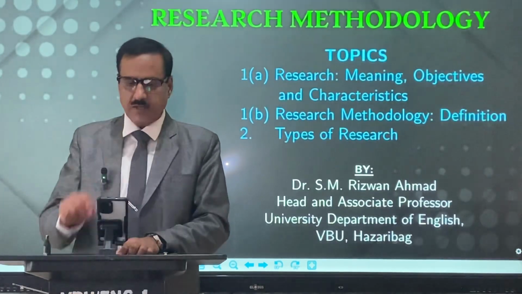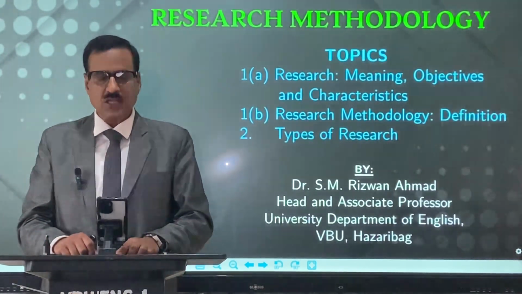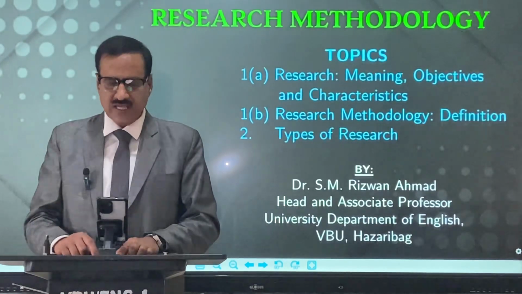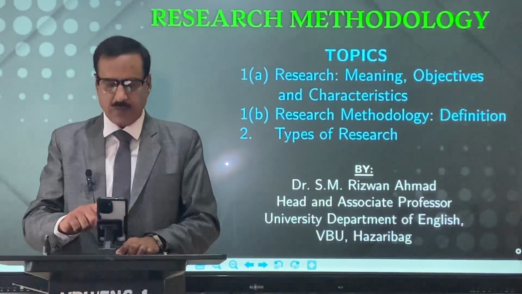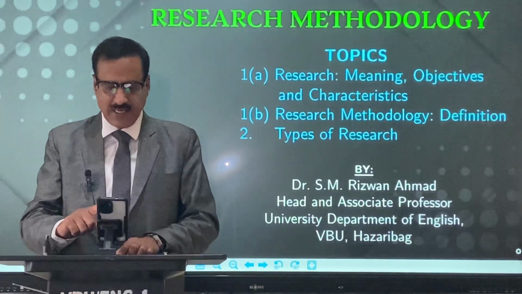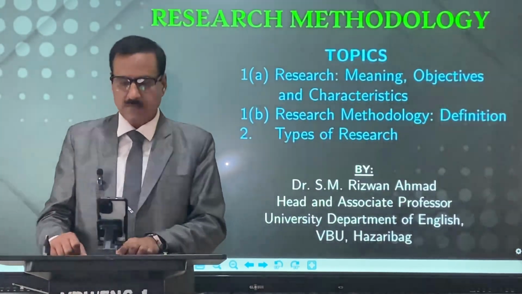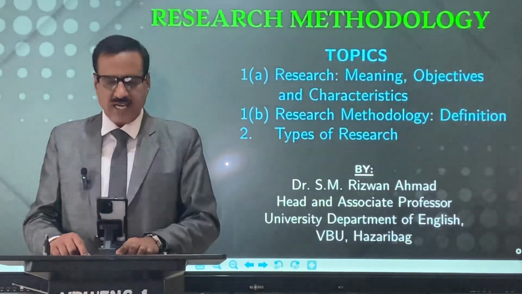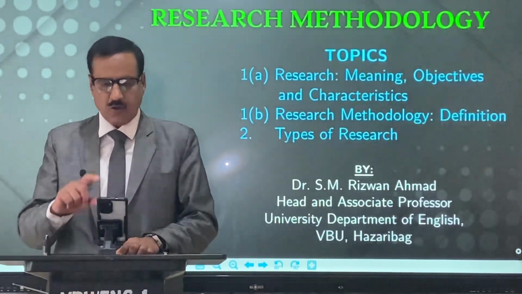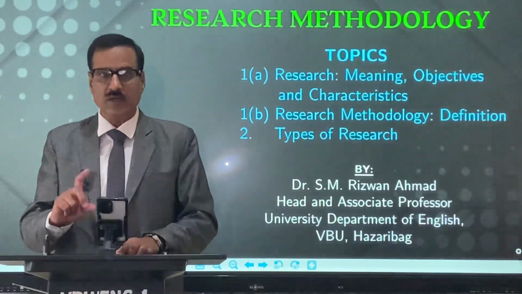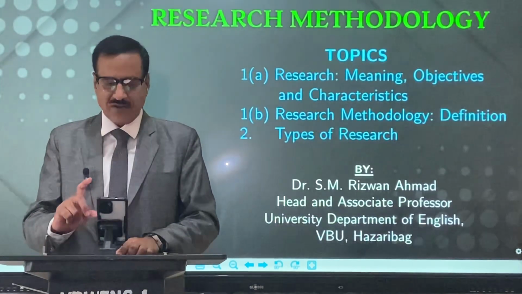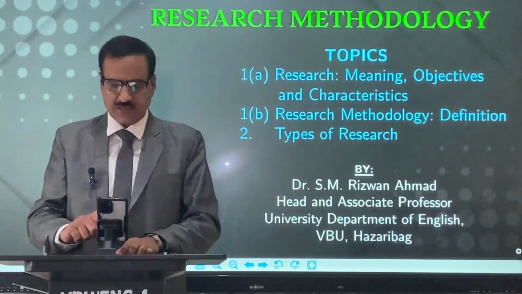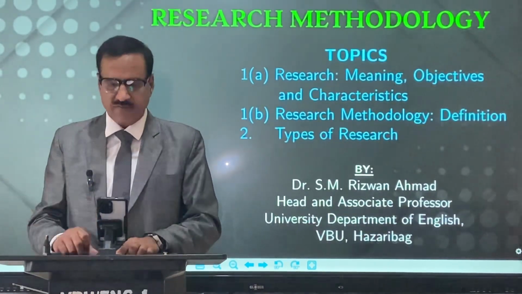Now, it must be valid and verifiable. This concept implies that whatever one concludes on the basis of his or her findings is correct and can be verified by him or her and others. It must be empirical, the third characteristic feature. This means that any conclusion drawn is based upon hard evidence gathered from information collected from real life experiences or observations. The fourth characteristic feature which a research should have: critical.